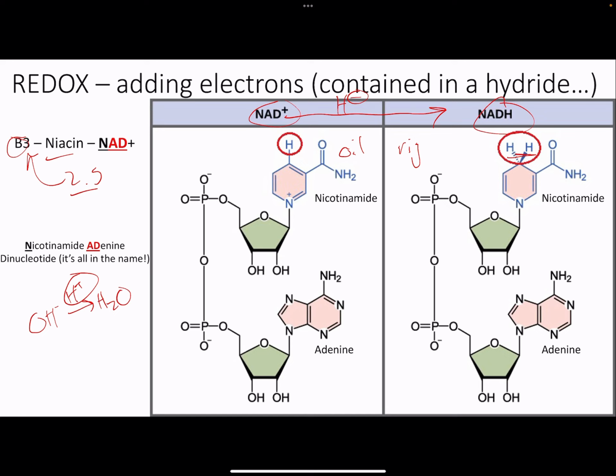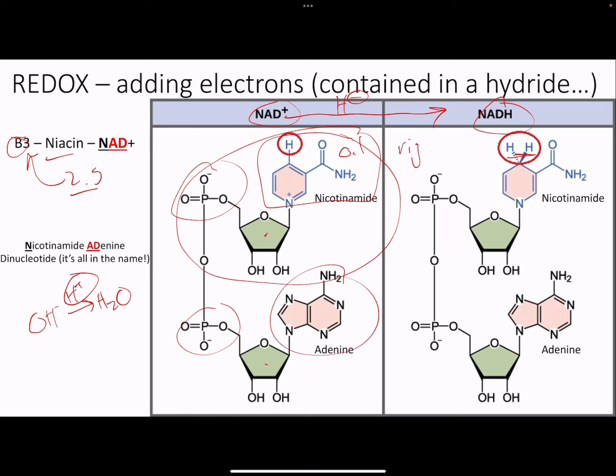The name itself, NAD, nicotinamide adenine dinucleotide. Well, this is a nucleotide, right? We've got a ribose sugar, we've got a phosphate, and this is technically a nitrogen base. And then the same thing here. We've got this, and our adenine. So nicotinamide is one of the nucleotides, and the adenine is the other, and there's an oxidized version and a